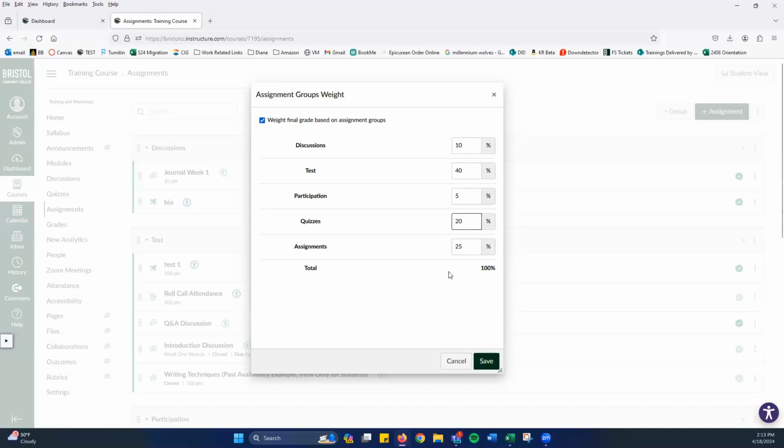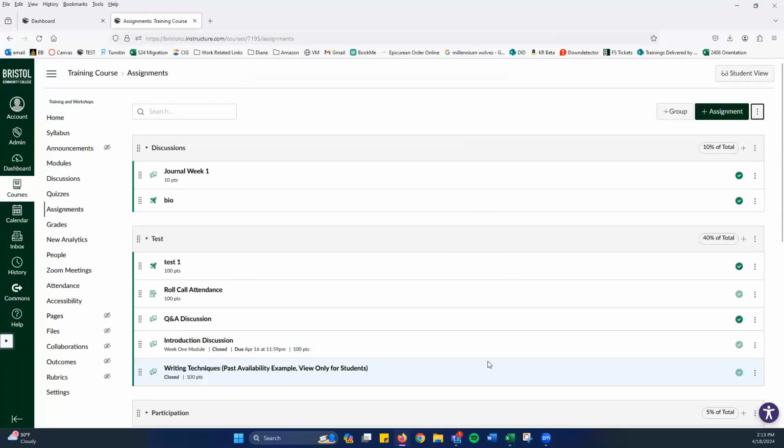And then if I say I want the quizzes to be more than the assignments, maybe I only want this to be 15 and I want this to be 30. I can do that and then it makes a change in my syllabus where I have the grading. And then if I save this, when I go into grades,